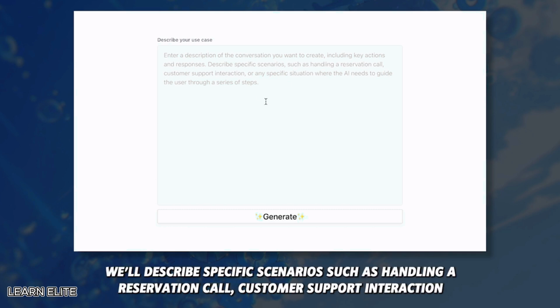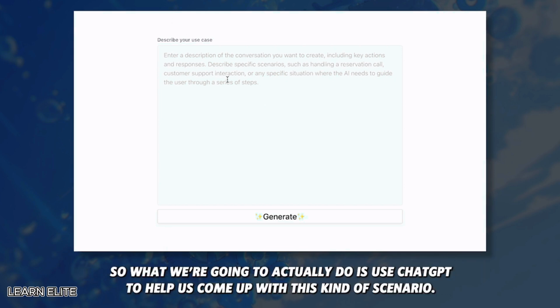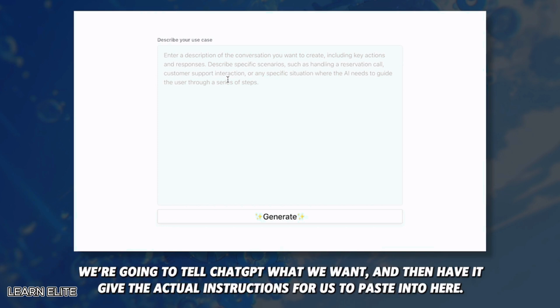We'll describe specific scenarios, such as handling a reservation call, customer support interaction, or any specific situation where the AI needs to guide the user through a series of steps. So what we're going to actually do is use ChatGPT to help us come up with this kind of scenario. We're going to tell ChatGPT what we want and then have it give the actual instructions for us to paste